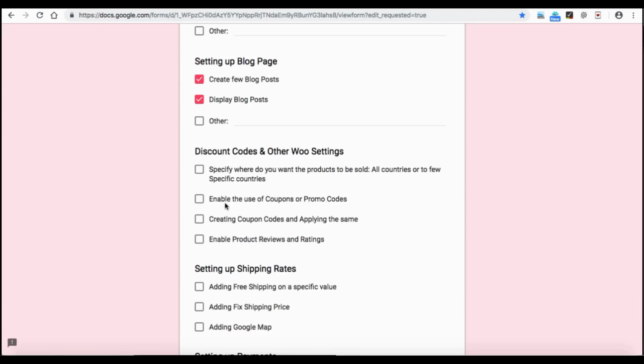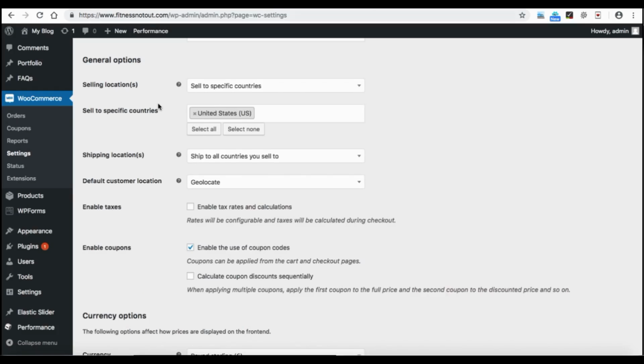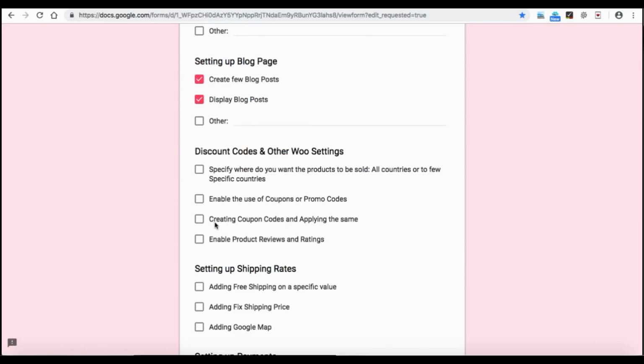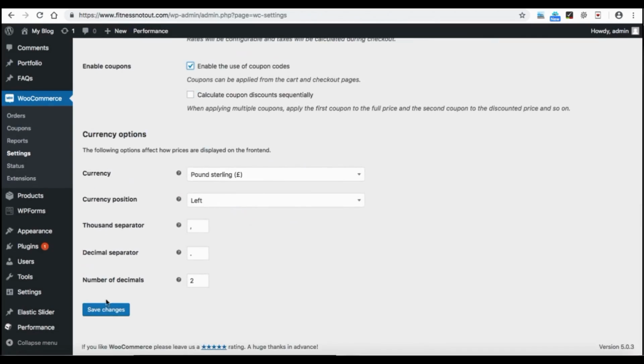Second point is enable the use of coupons or promo codes. Let's go back to the WooCommerce settings to enable the use of coupons. So here we see enable coupons checkbox is over here. So in this way, once you check like this, check it. So user can enter the promo codes on the checkout page. Third option is creating coupon codes and applying the same. So let's go ahead. Firstly, we can just save it like this, and let me